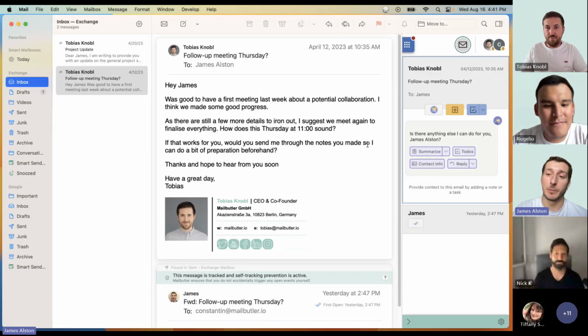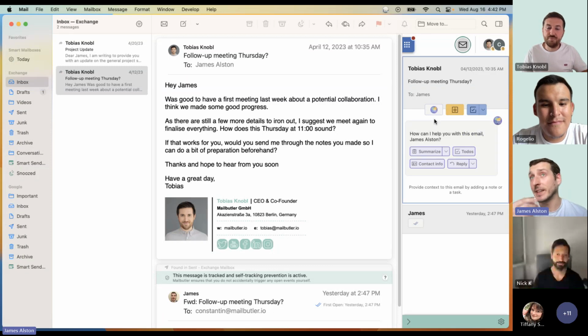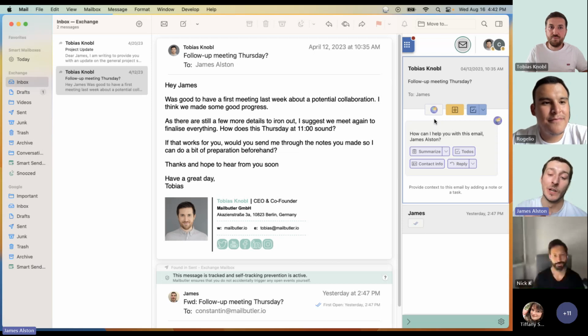And you'll see then the sidebar opens, and initially you'll have to click this button on the left, which is the Smart Assistant button. The very first time you do it, it'll ask you for permission to access the content of some of your emails, but it only accesses the content of emails which you allow it to. So the emails that you actually want to use the feature on, it will have access to those.